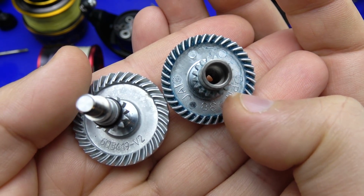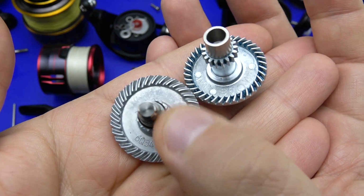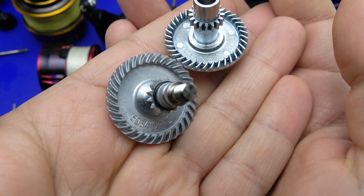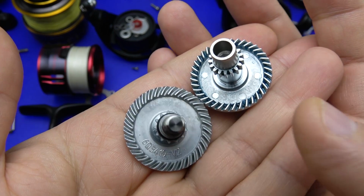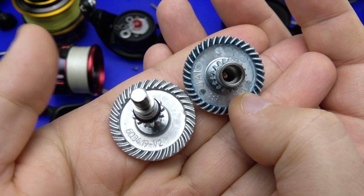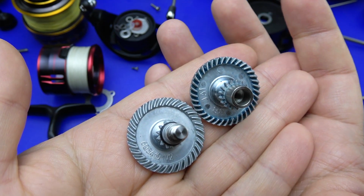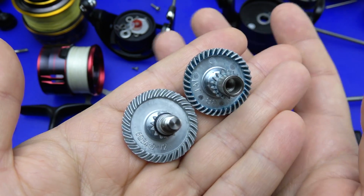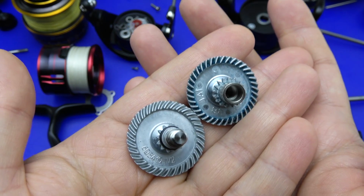The Penn reel is a striped bass, bluefish, nearshore, inshore reel, and the Daiwa Fuego LT is a medium light duty freshwater sized body, and it just happens to pack an insanely huge main gear. And for 99 bucks, you get the mag seal, you get that fancy carbon plastic. It's not the Zion, it's not the Shimano CI4 Plus, although